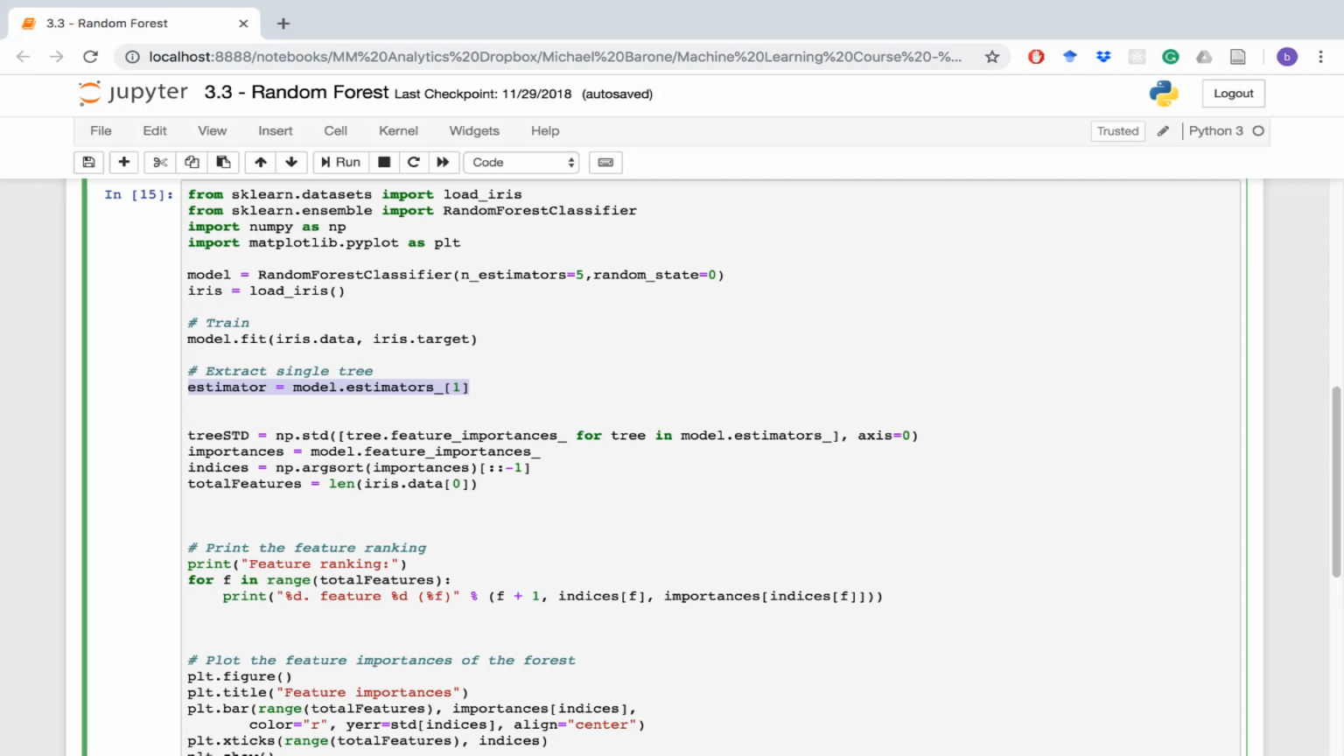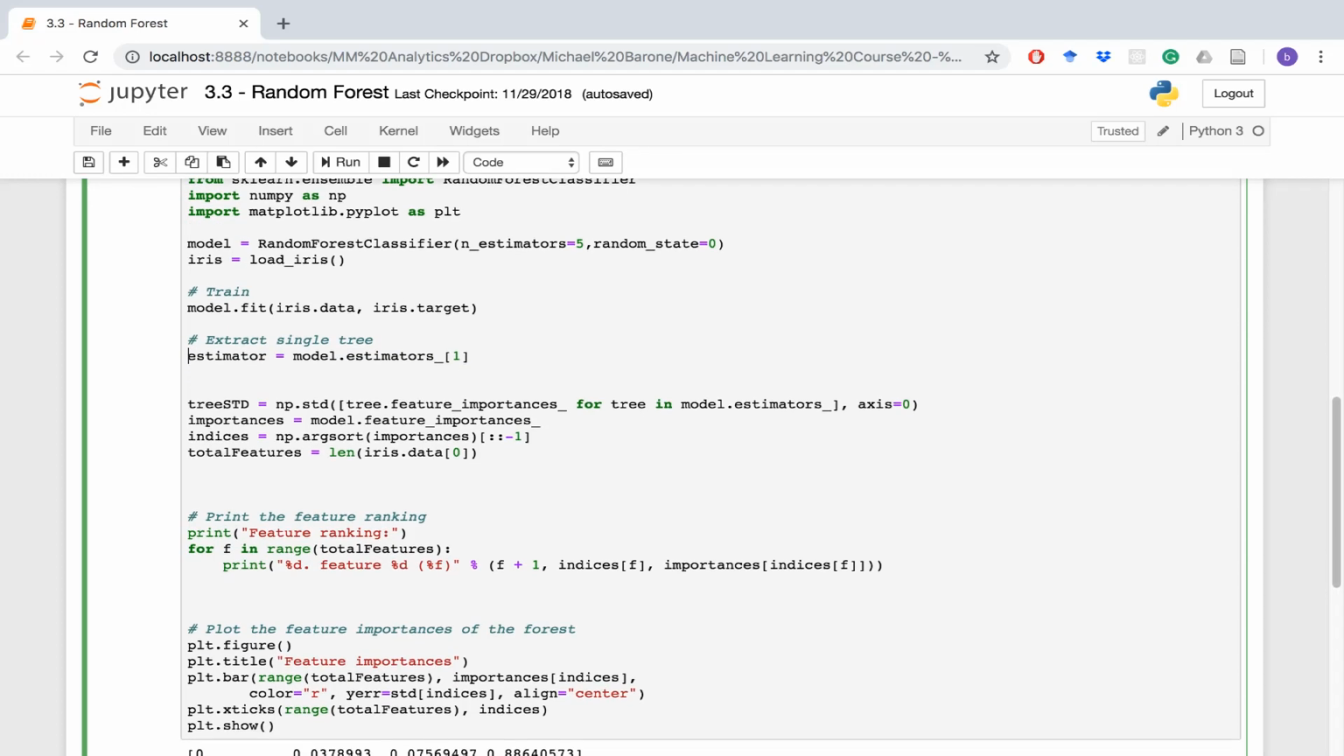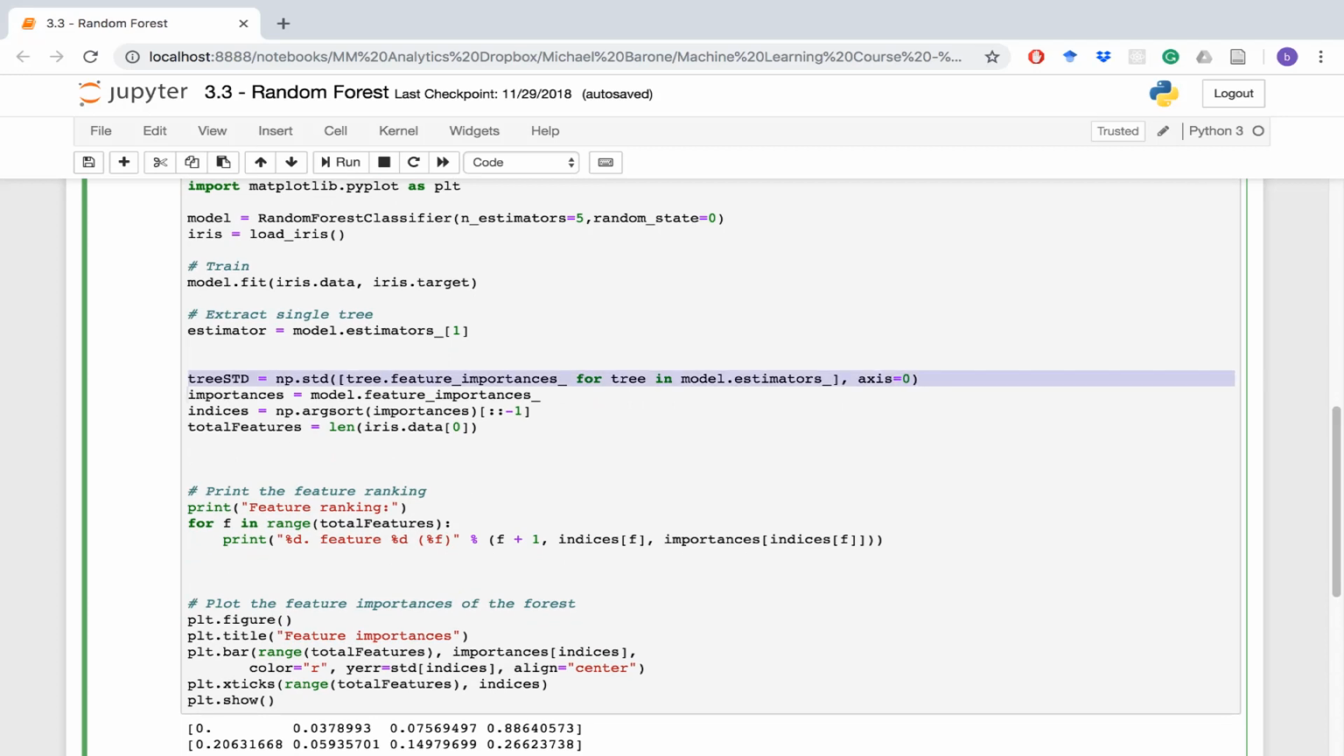We would have hundreds of different random decision trees in that, and it wouldn't be easy to read. I just want to show you one of them. Okay, so how we do that is we have our estimator here. We select our one tree that we're going to extract some information from. We then